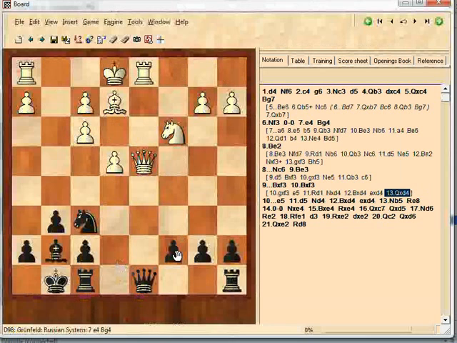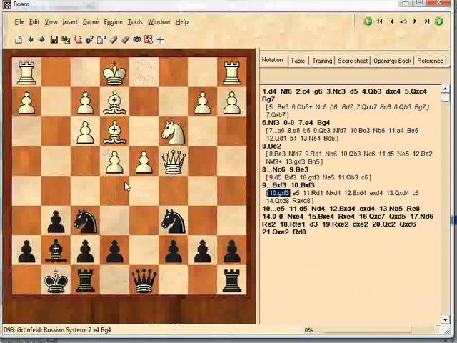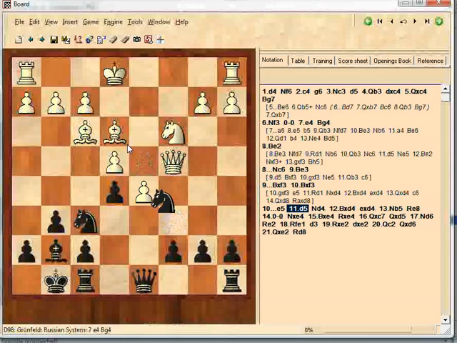And we would get some kind of position like this. This looks pretty good for black, but it's probably going to get pretty trash. Bishops of opposite color. He took back with the bishop. So I don't think he should take. I think he should probably just